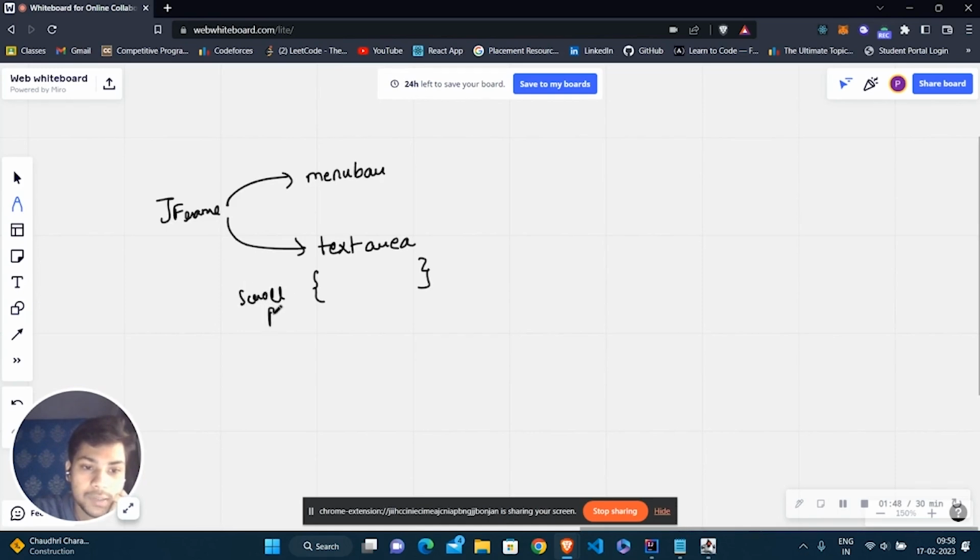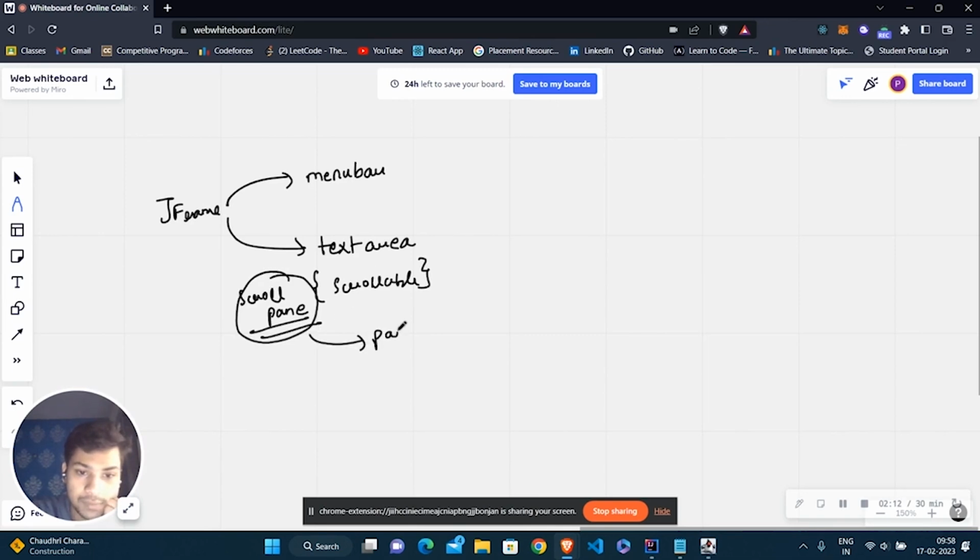There's a class inside Java Swing, JScrollPane, which makes everything inside it scrollable. And if we wrap it inside a scroll pane, the scroll pane should be contained inside a panel.